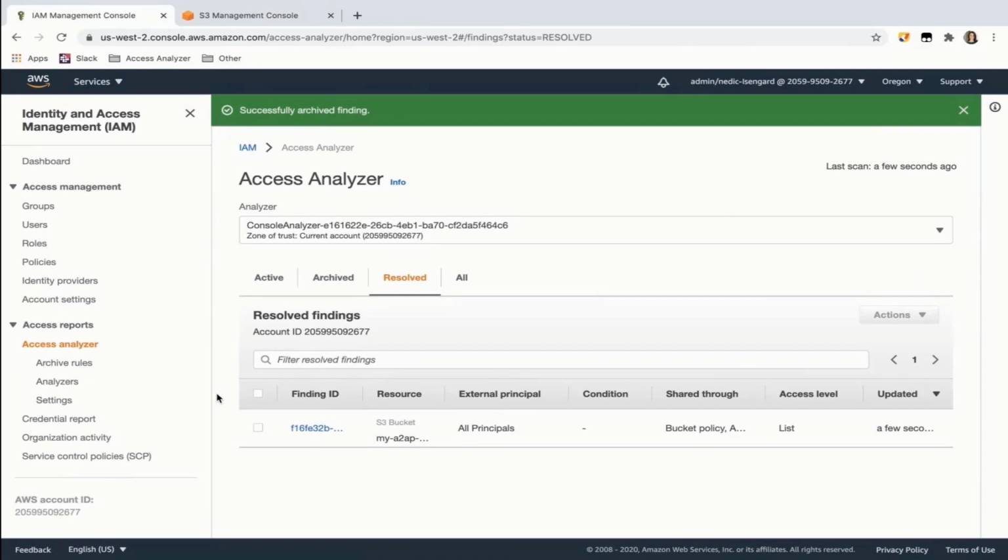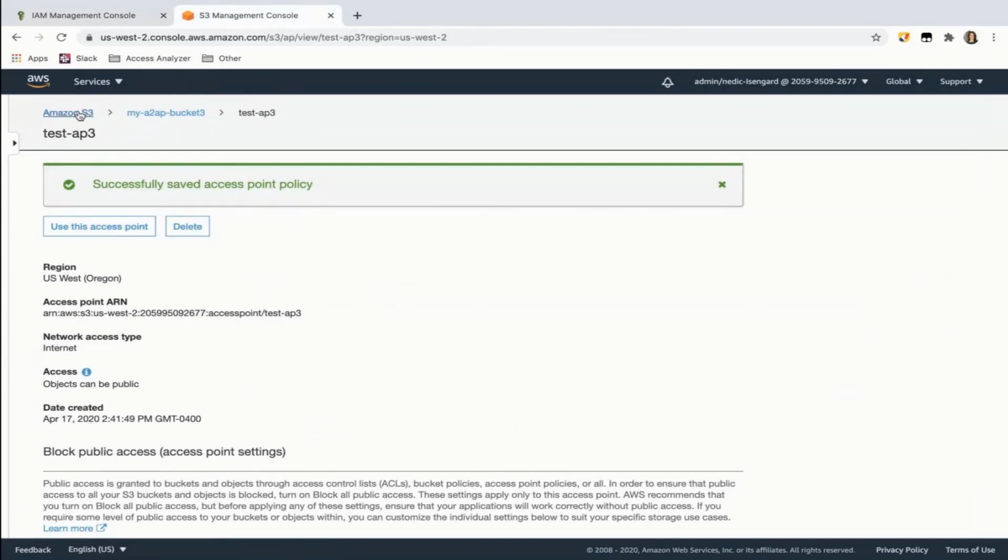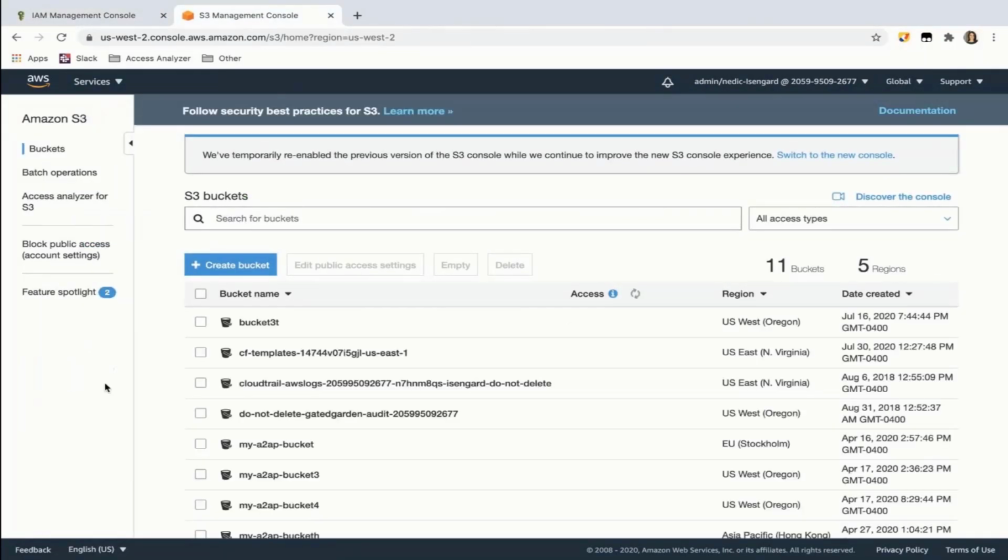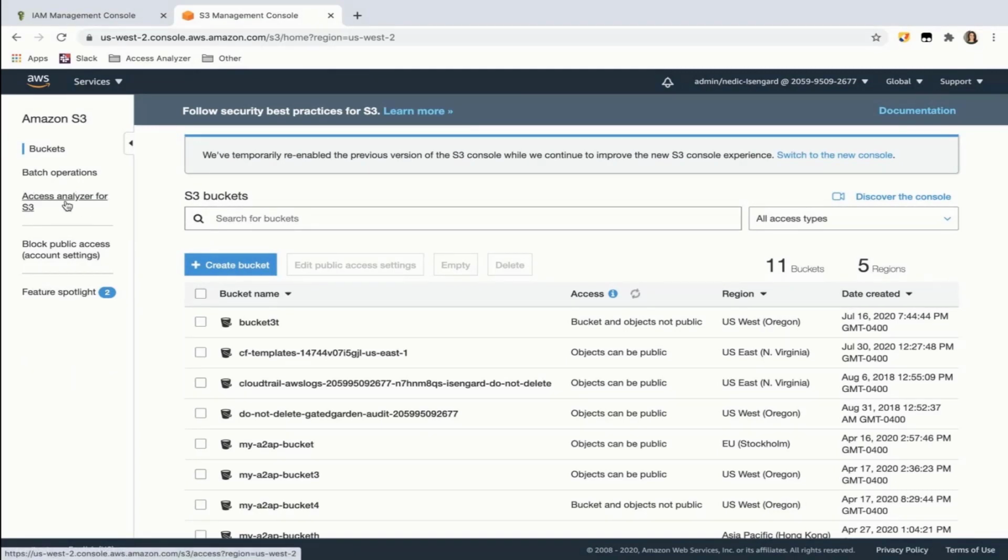So that gives you an overview of how to use Access Analyzer. I would also like to take you through our integration with the S3 console. Access Analyzer findings can be found within the S3 console. And here you can see in Amazon S3, there is a feature called Access Analyzer for S3. And when you select it,